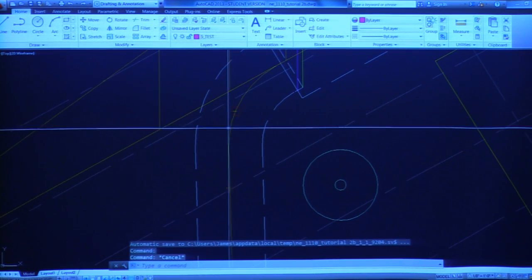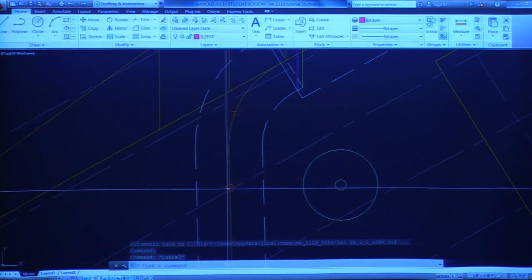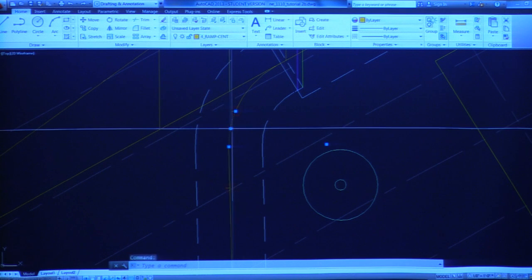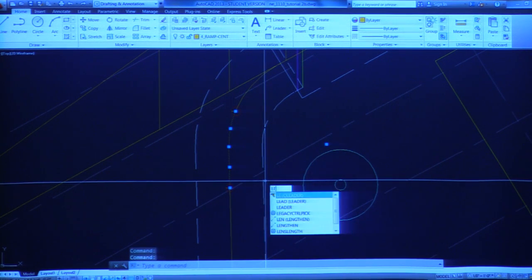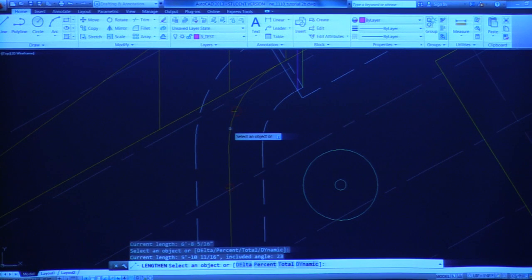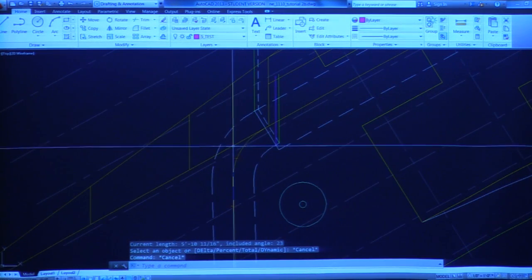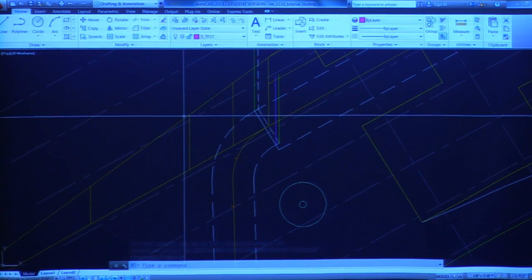There's a command called length. So I have a center line here of the ramp after triangulating these guys. And you see these lines here. If I select those, I type LEN for length, and it gives me the length of that, which is 6 feet 8. It gives me the length of that, which is about 5'10". And so I basically copied this line, that dimension, to get that height,